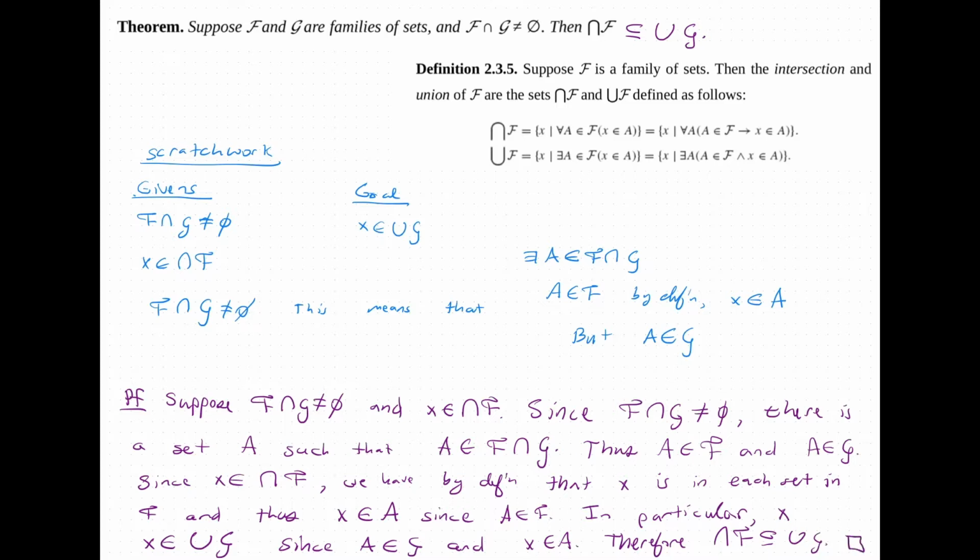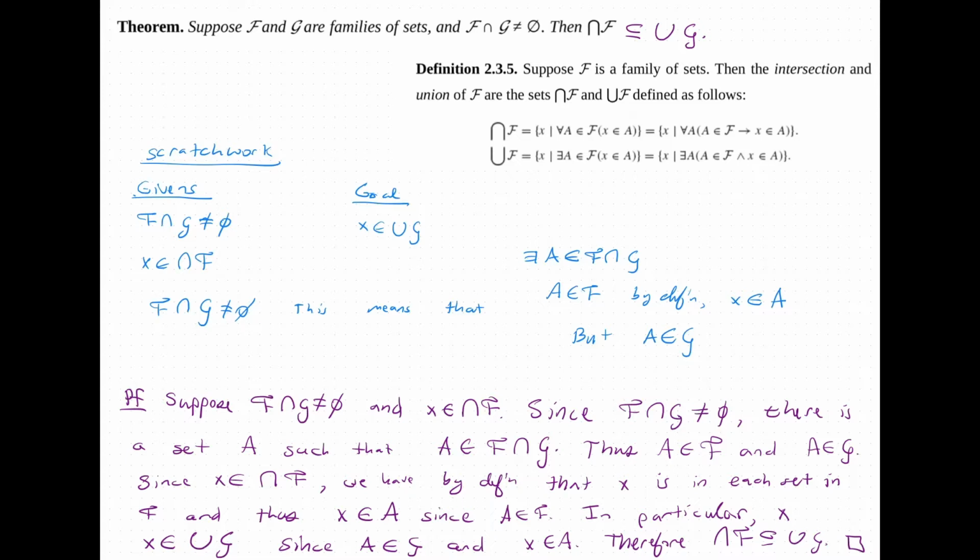And so we're done. And so this is an example of an existence proof, where we had an existence argument, because we were told that the intersection of F and G was non-empty. And so that told us that we could find a set that lived in the two families of F and G. And so we chose that set. What is that set? Well, first off, F and G are some arbitrary families. But by having that premise that this is non-empty, we know that there is at least one set A in their intersection. And that's the set we chose.